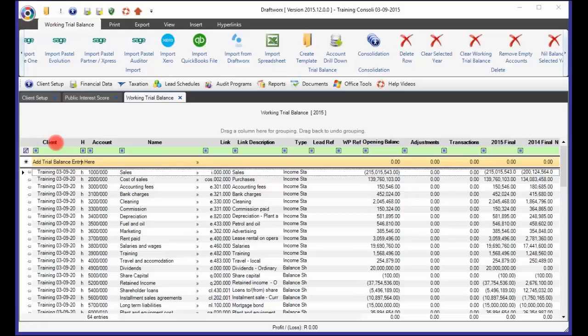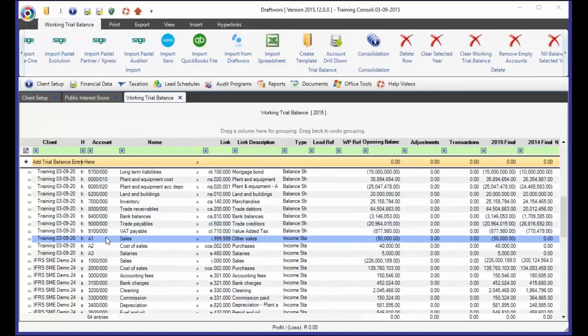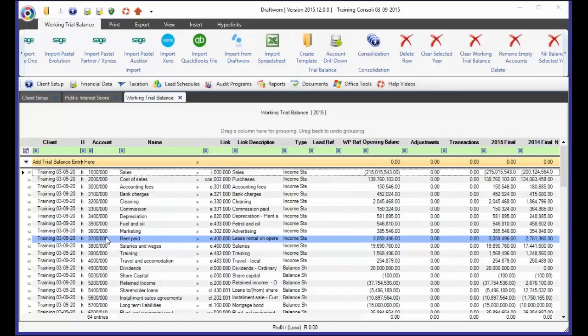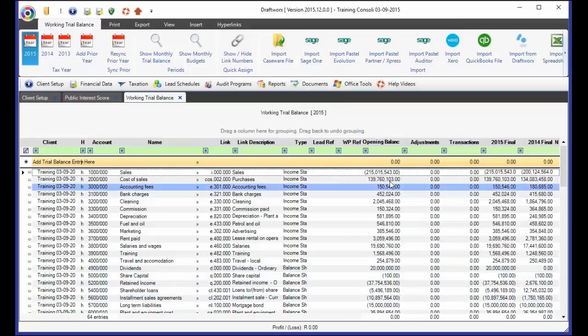Now obviously the process of consolidation is a lot more complicated than just quickly pulling in the 2 trial balances. There are going to be elimination journals that you need to process, and there's calculations and things that you need to do to get your trial balance correct. I'm not going to go through the detail of that now. I just wanted to show you, once you've consolidated,